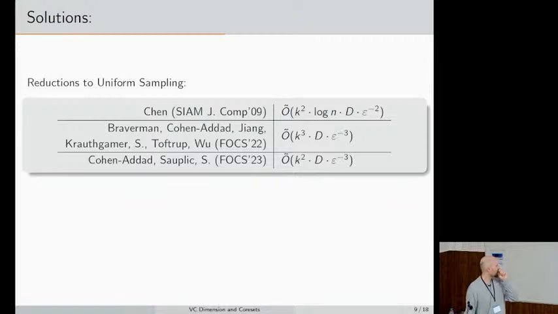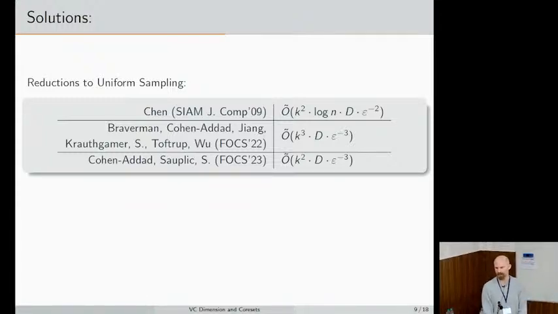Okay. So what can you do? Well, if you insist on just using the VC dimension, the solution that people could come up with so far is to insist that your core sets can only use uniform sampling as a subroutine. And you can make that work. Unfortunately, that is going to be lossy. Uniform sampling requires additional computational overhead, or also space. Let's not worry about the computation time. It induces a space overhead, as we're going to see later where that is coming from.